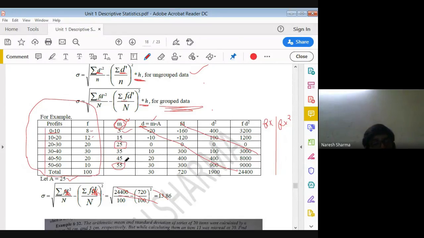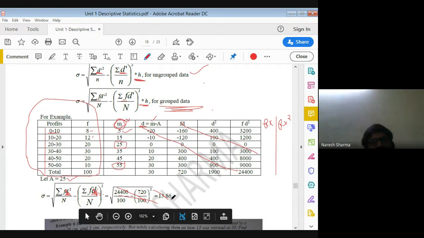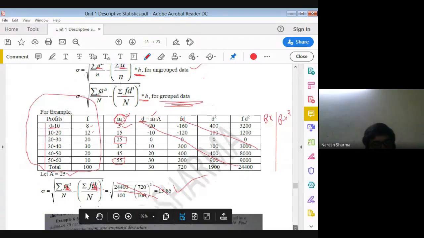So it's totally your choice. You can go for the x formula, you can go for the assumed mean, that is the d formula, or you can go for the step deviation formula. In everything you get the same results. Maybe it is possible you get some partial decimal differences, but that doesn't matter, right? Hope it is okay. You can choose any of the formulas, that is totally your choice. Okay, next question.